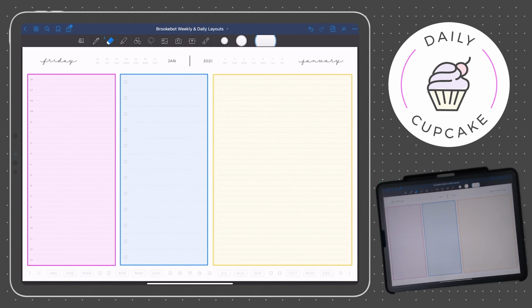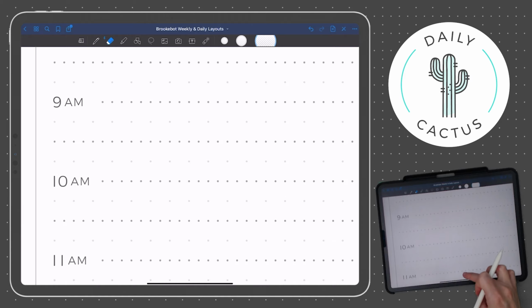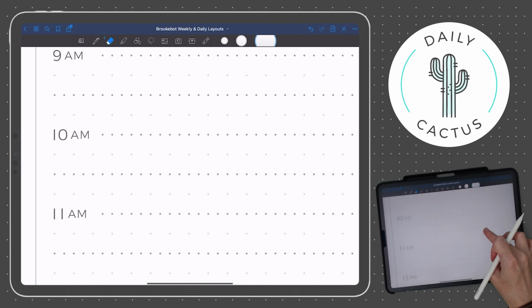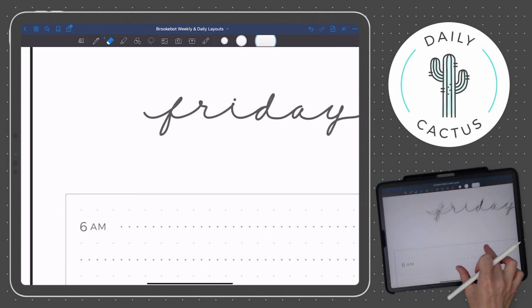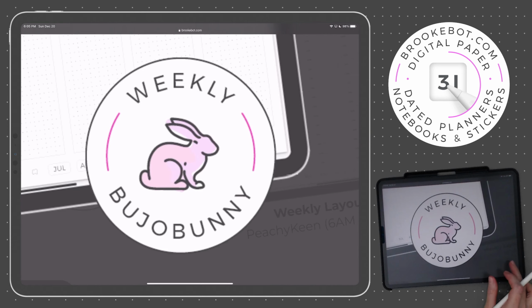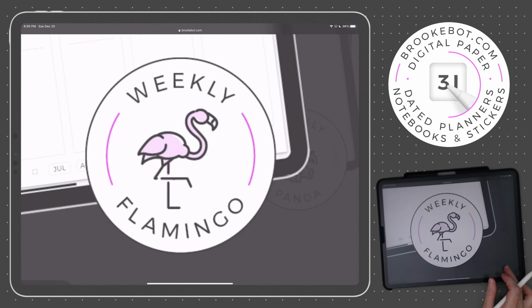The cactus layout is exactly like the cupcake layout, with the hourly section, the task section, and the dot-lined area we just examined. The difference is that the cactus layout has 12-hour time notation. It ranges from 6 a.m. at the top of the column to 11 p.m. at the bottom. In this video, we examined a total of 10 page layout designs, 6 weekly and 4 daily